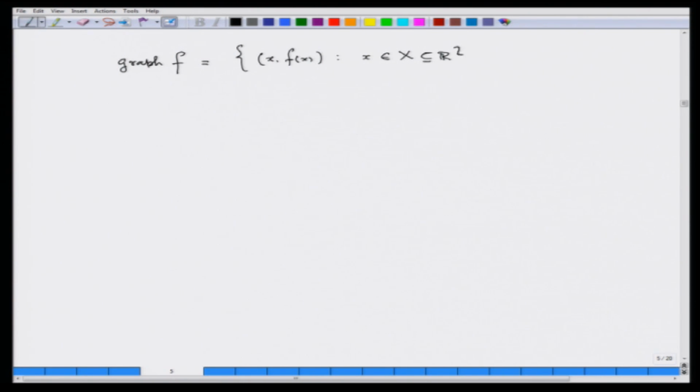I am assuming that you know set theory. Because I have already mentioned that this is a course for the first year level, not for +2 level students. So, graph of a function. You can think something like this. This looks like a graph of some function. Of course, I am unable to write down exactly what function it is. For example, if you say f x equal to x cube,